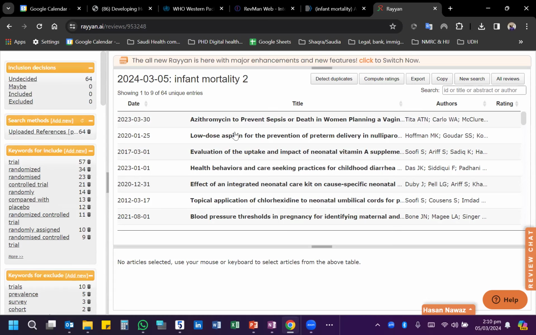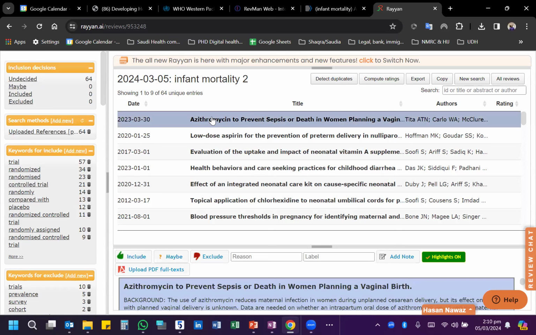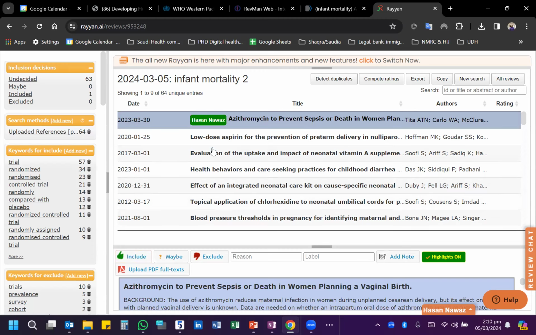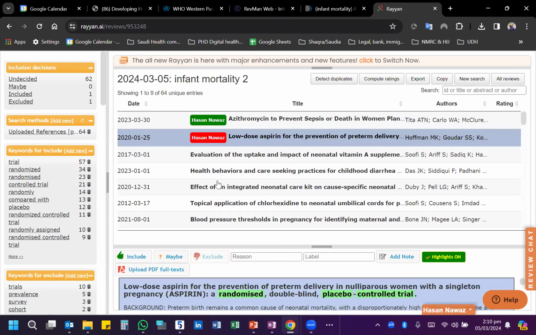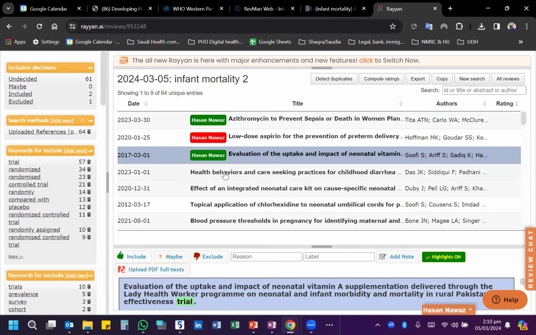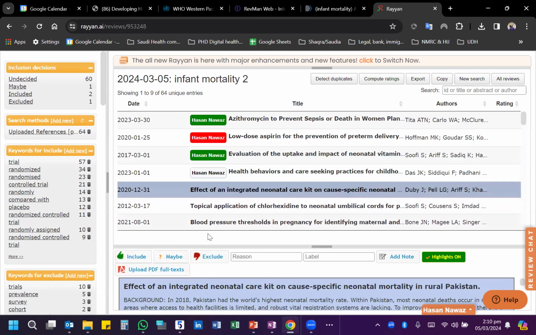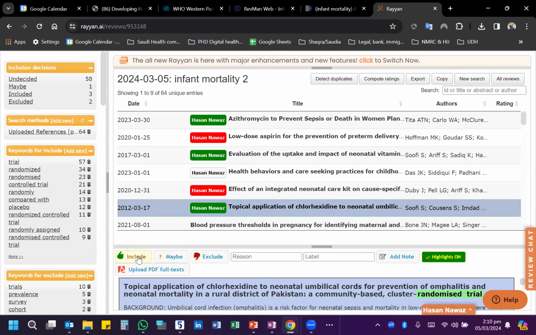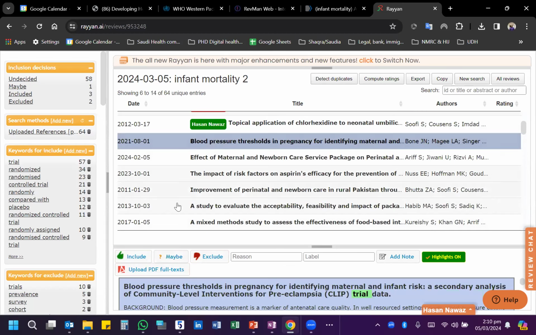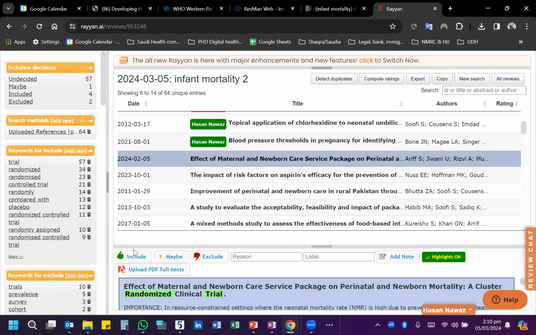So of the total articles, I click on the first article and then I need to decide whether or not I want to make it part of my review or not. So I can maybe add include. This second one I don't want to include, so exclude, include. This is maybe include. And then I can go on and just